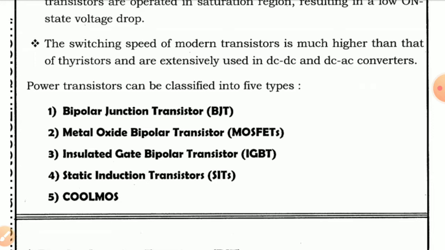The MOSFET, CoolMOS, BJTs, IGBTs, or SITs can be assumed as ideal switches to explain the power conversion technique. Transistors can be operated as a switch. However, the choice between the BJT and MOSFET in the converter circuit is not obvious, but each of them can replace a switch. That means both of them can operate as a switch.